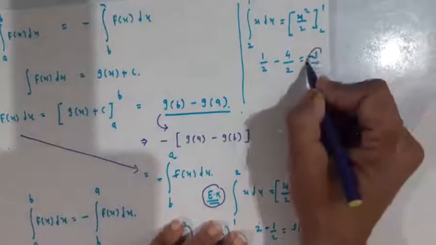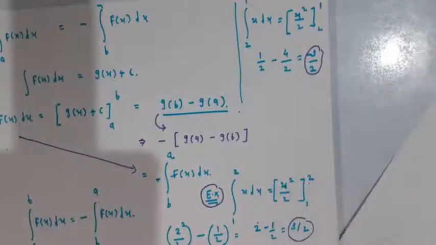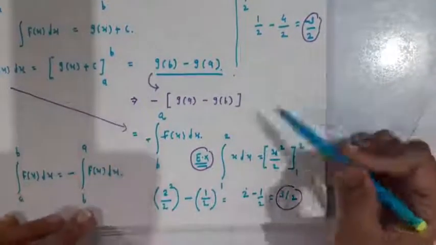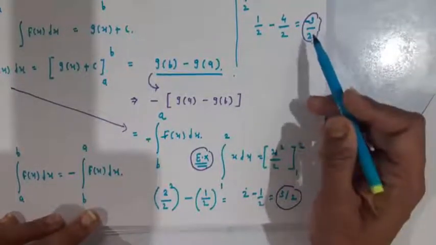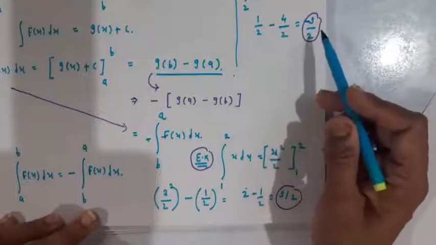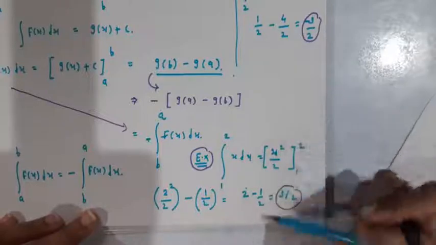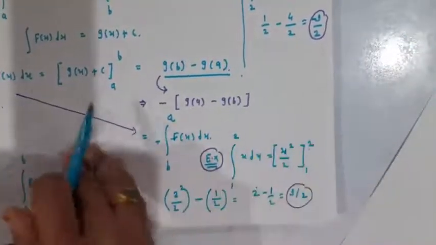See student, this is minus 3 by 2 and before this was 3 by 2. That means the property is that if we interchange the upper limit and lower limit, then the value of the definite integration changes only in its sign. Its sign gets changed. This is the second property. Now the third property is that